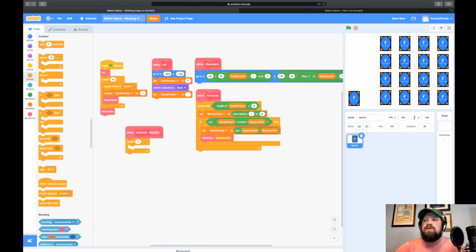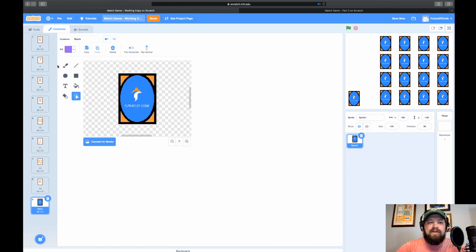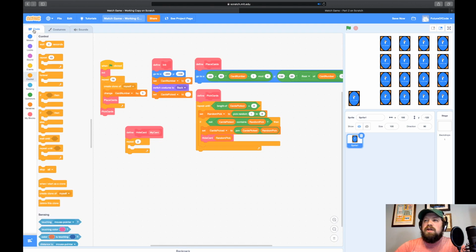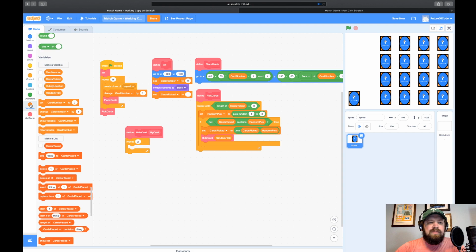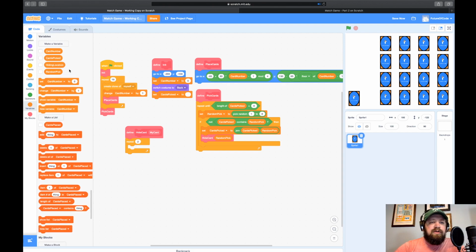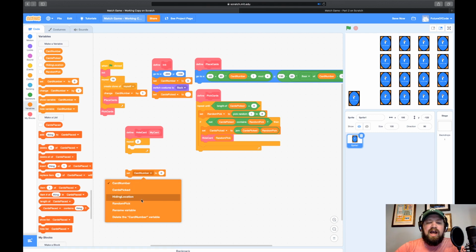Okay, so what we're going to do is, the first thing that we did here, we set a random pick from 1 to 8. So that was where we picked a random card here, right? We want to do the same thing with hide a card. We're going to try to pick a random location here. So what we need to do is store that random location. You'll notice if we go to variables, we have hiding location is already one of our variables. Remember, I put a lot of these variables in here for us ahead of time. We're going to create some new ones today, but I put a lot of them in here ahead of time. So let's take set, and mine says set card number to 0. Let's drag that out, and we're going to change this to set hiding location.